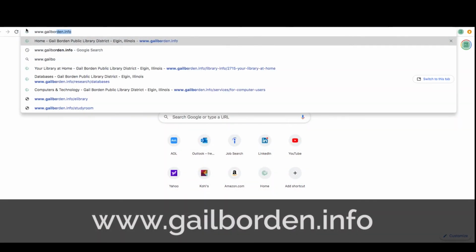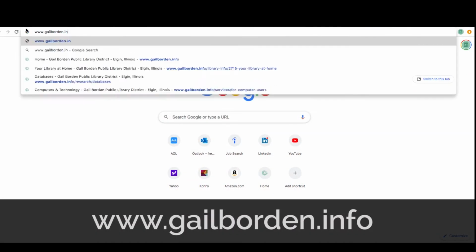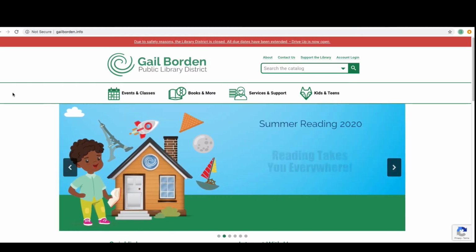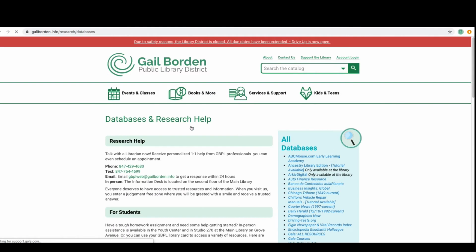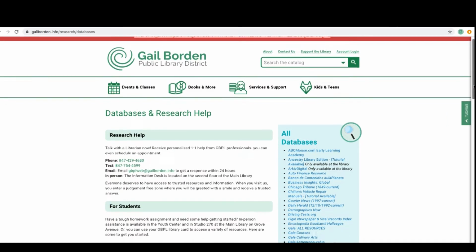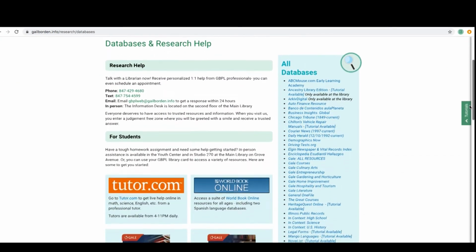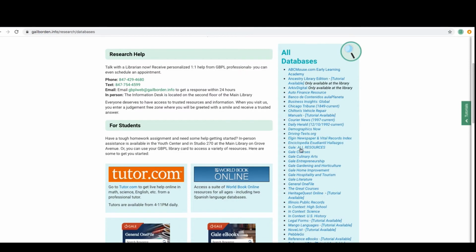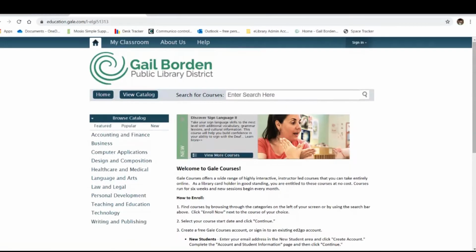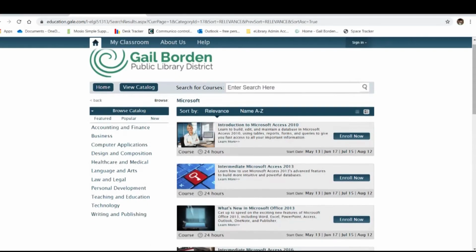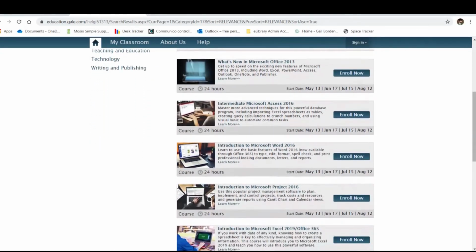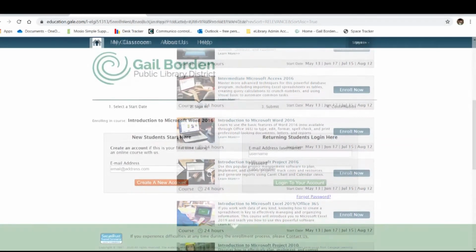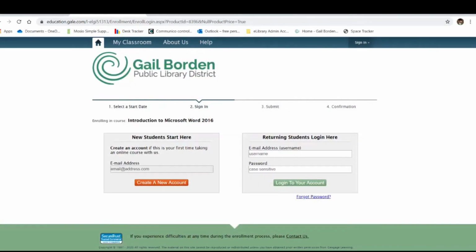To find GALE Courses, you can go to gailborden.info and hit enter. Click on Books and More, then choose Databases. In the All Databases list on the right-hand side of the page, scroll down until you see GALE Courses and click on it. It should open in a new tab. Use the categories on the right to browse through options or enter a keyword in the search. Click on a course title to learn more, and then click the Enroll button. Complete the sign up by creating an account or by signing in, if you already have an account that is,